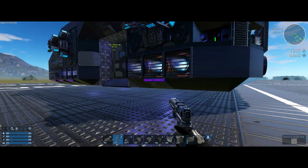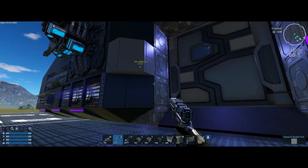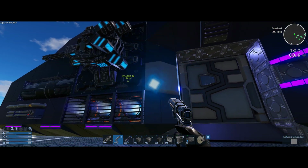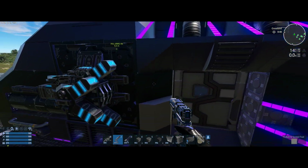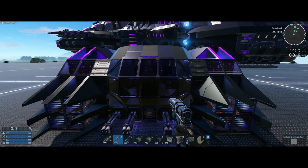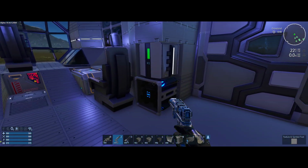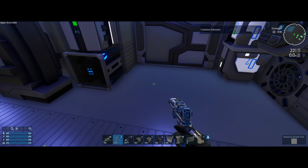Now, obviously, he left all the cargo containers untextured right now, probably so I know where they all were and everything. And this isn't the final version, but yeah, it's looking really good. It really is. On the interior, if I was doing it, I think what I would start to do, and